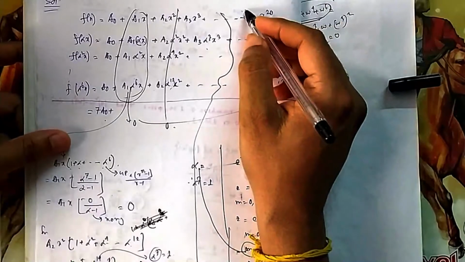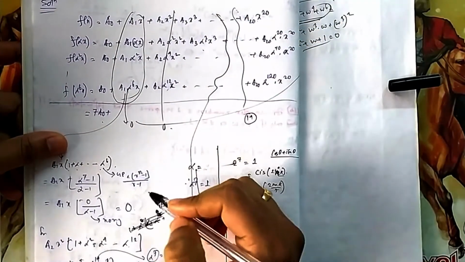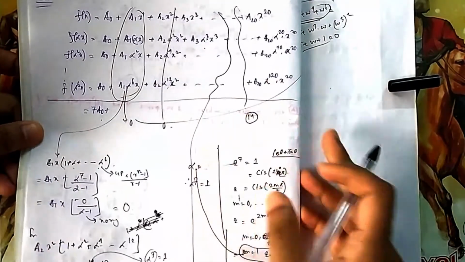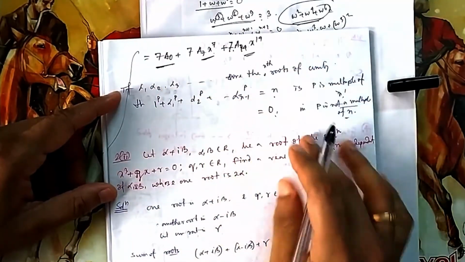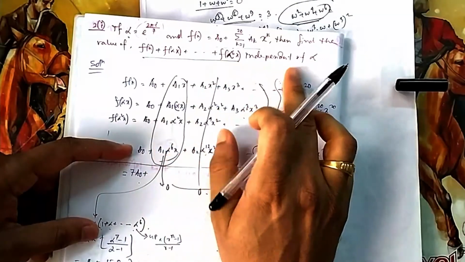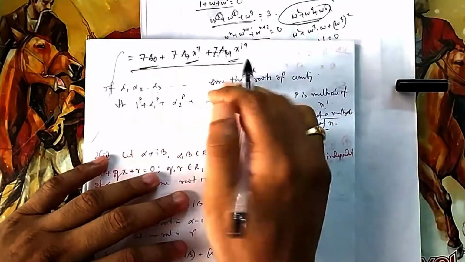And somewhere around you will also find another one, alpha to the power 14, a multiple of 7. So all the multiples of 7 will not give you 0. Rest alpha's powers if you add all these, 0. So ultimately you will get 7a0, 1 x to the power 7, 1 x to the power 14. So this is your answer. This is the conclusion they want to find, which is independent of alpha. There should not be any alpha. You see in this expression there is no alpha.